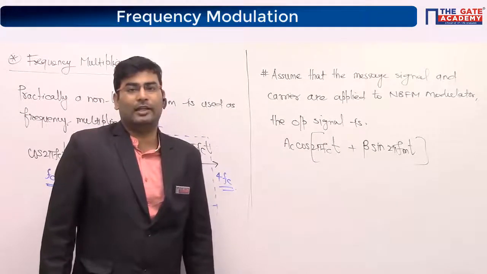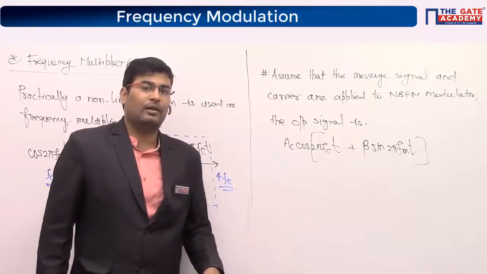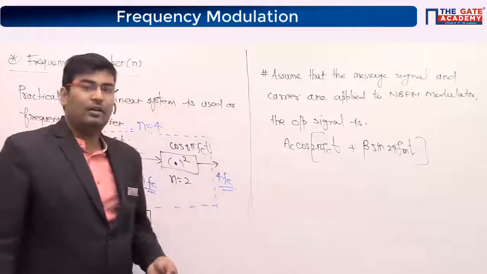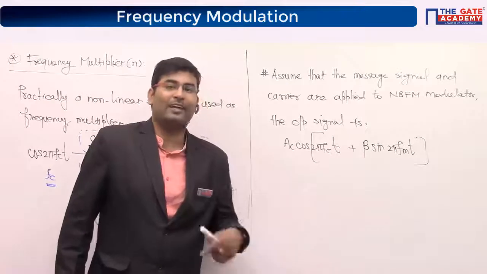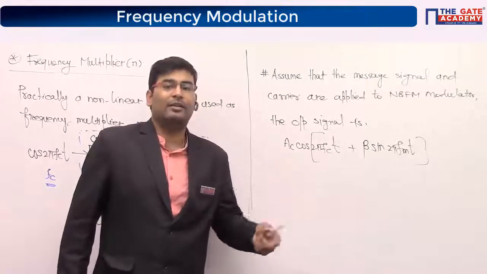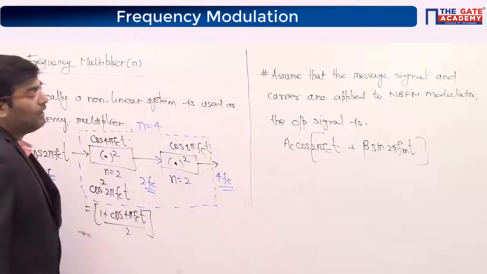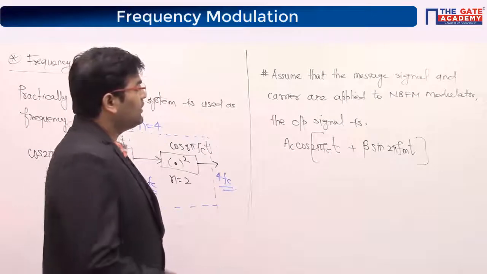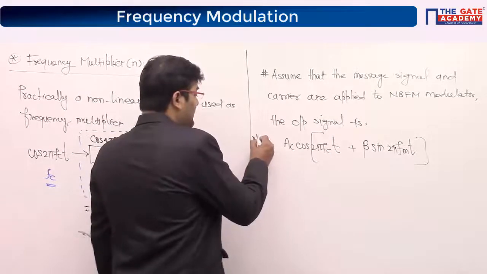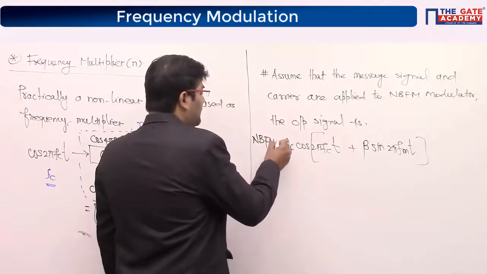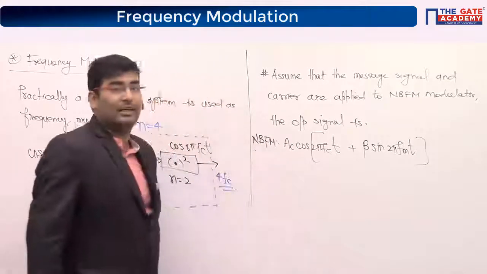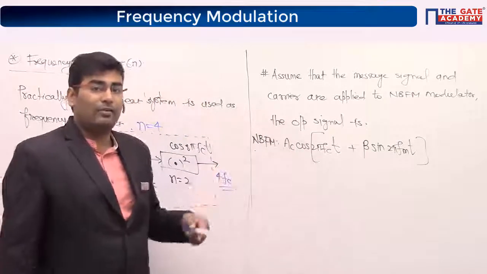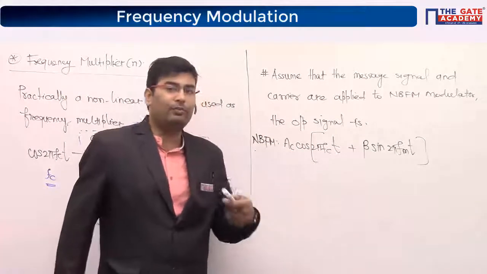And the same thing we do in amplitude modulation generation as well. Sorry, we are using a nonlinear system to do that. And if you recall, I taught you square law modulator and square law demodulator in AM signal. That is again using a nonlinear device. The output signal is Ac cos(2πfct + β sin 2πfmt). So what is this signal, guys? This is a narrowband FM signal. If I give this signal to the frequency multiplier of order n, what would be the output? Anyone can write?